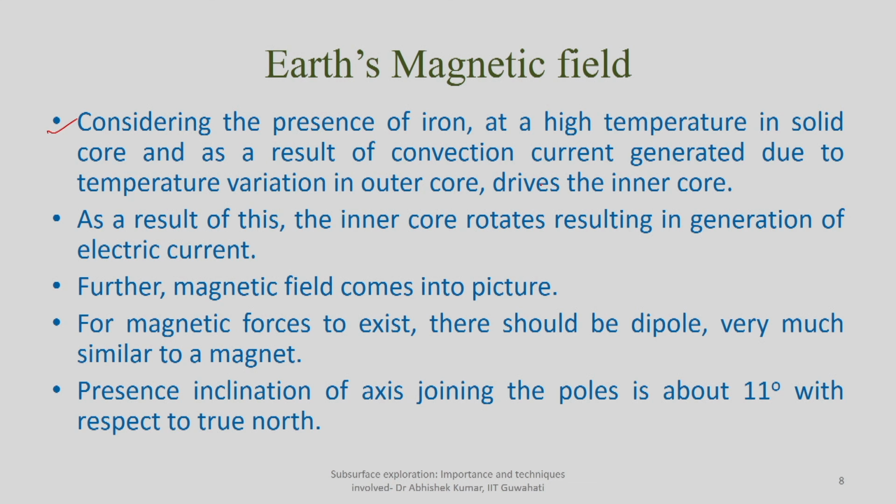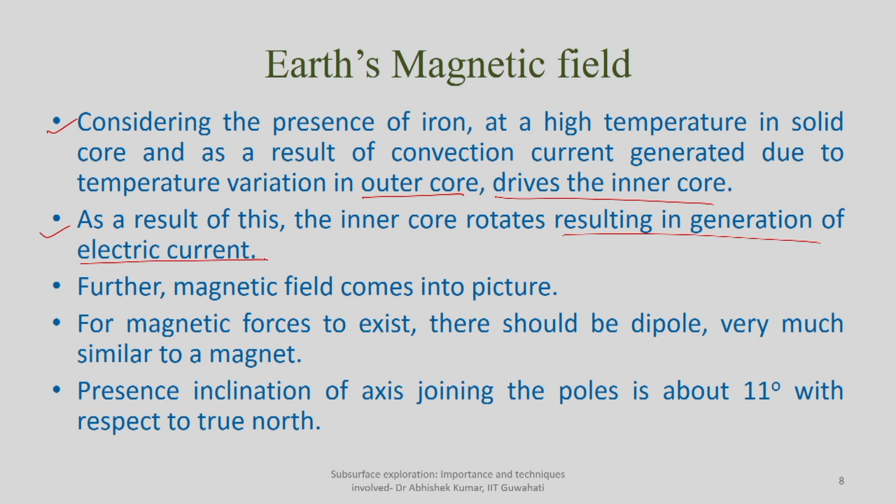that there will be magnetic current also, if there is some kind of dipole characteristics of the medium. So considering the presence of iron at a high temperature in the solid core, and the convection current generated due to temperature variation in the outer core, it drives the inner core. So the inner core, which is a solid ball of iron, is actually in continuous motion because of convection current, as a result of which the inner core rotates just like a dynamo, resulting in the